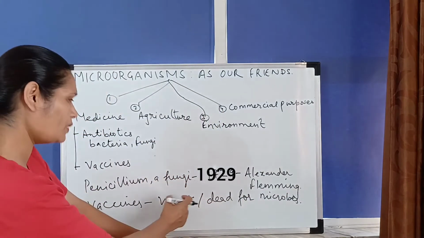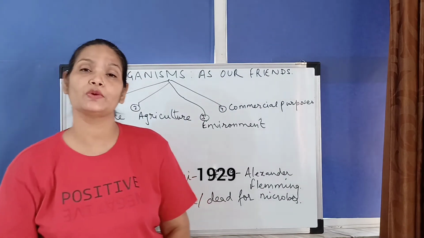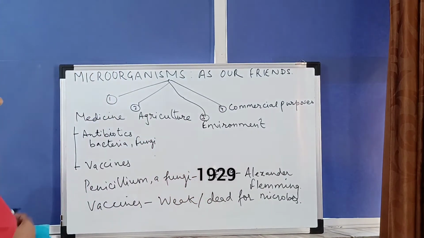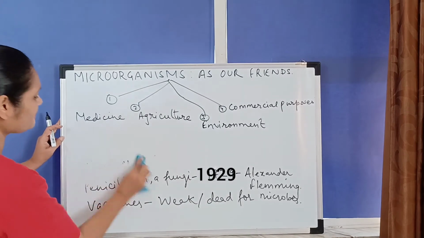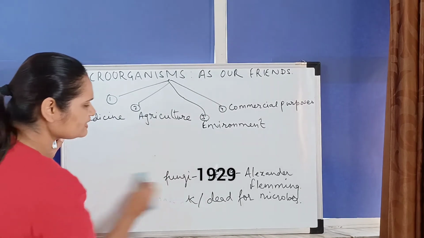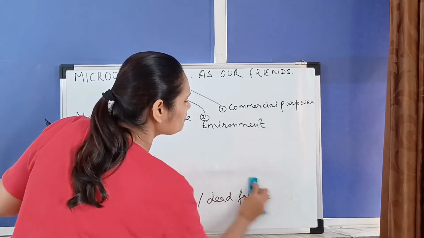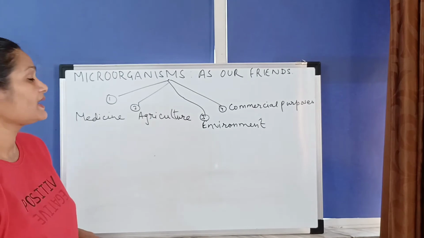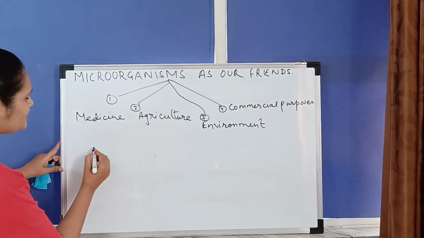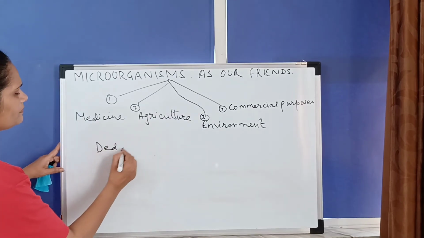Now, how does this work? Whenever any vaccine is prepared, that vaccine will contain the weak and dead form of the microorganism, right? That vaccine will be injected into our body. So this dead form of the microorganism